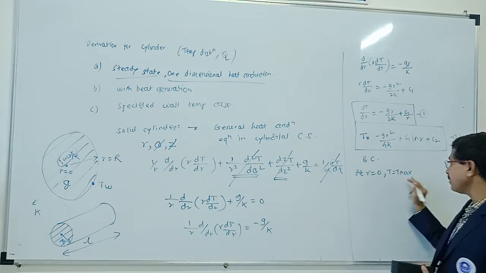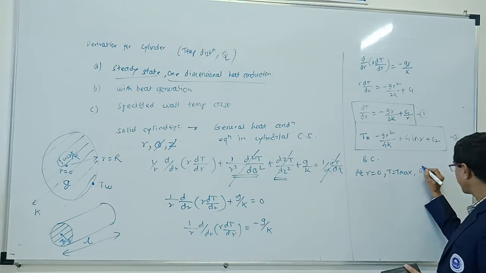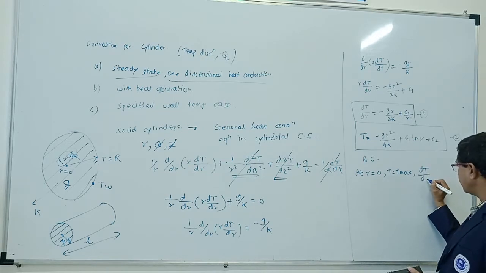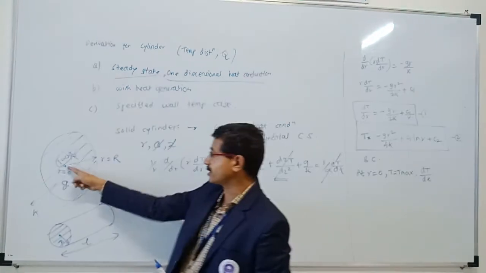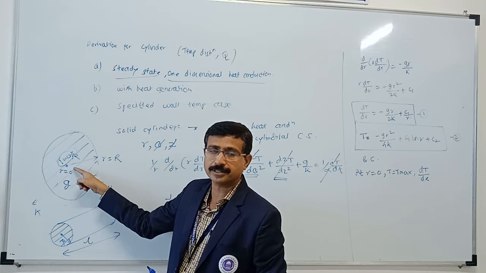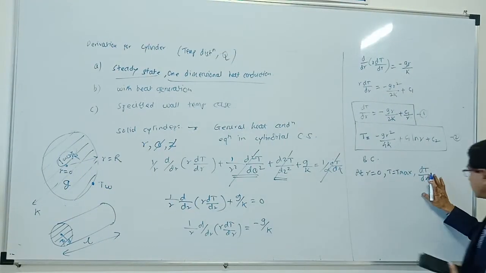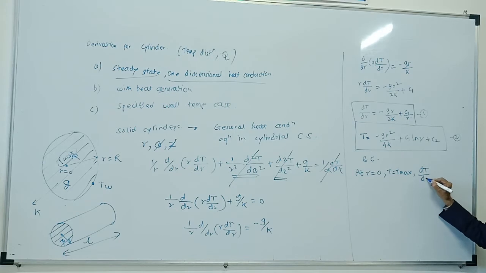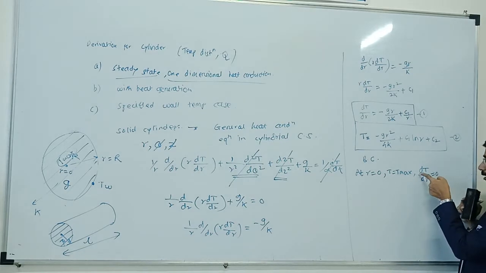And आपको पता है T max means what, right? T जब maximum होता है तब you can write dT by dx instead of writing x, because now there is no thickness as such, there is a radius. Which coordinate here? It's not a Cartesian coordinate, it is now cylindrical coordinate. So we have to take care of r. It's not x. So dT by dr is equal to 0. Now you know it. Whenever temperature is maximum, dT by dr always becomes 0.